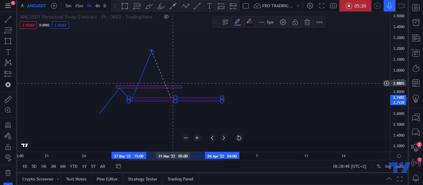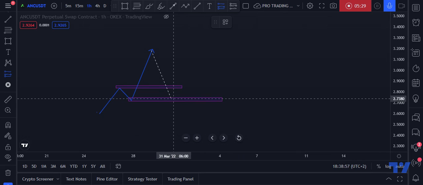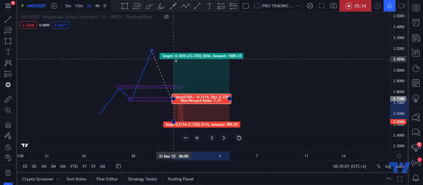We take our entries as soon as we see reversal patterns. That will depend on your confirmation. How do you confirm your entries? That depends on you. So we take our entries, and then our target is the previous